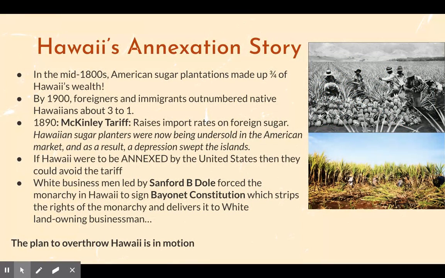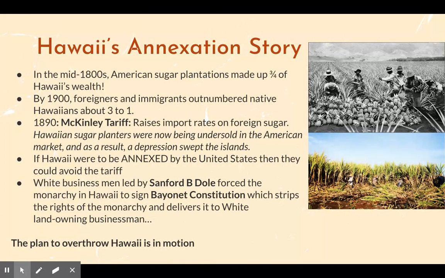This is a lot, so pause it, get all the information down, and then you can listen to me talk about it, or you can listen to me talk and write, but usually that doesn't work out because your brain has a hard time focusing on both. Okay, Hawaii's annexation story. Annexation, in case you don't know, means you're adding it to something larger. In this case, America is adding Hawaii to their country. In the mid-1800s,